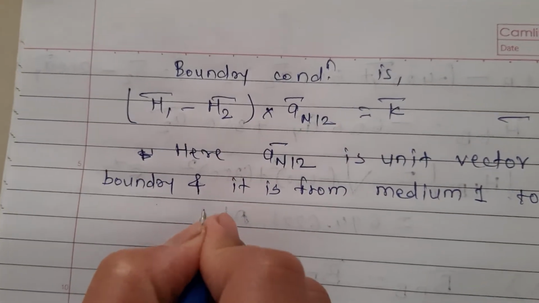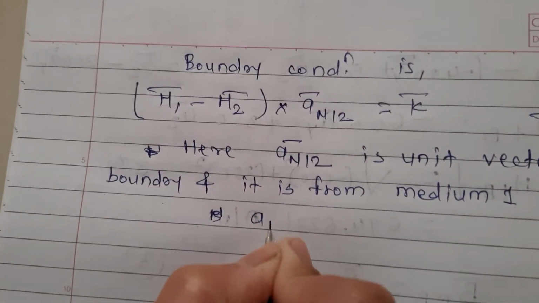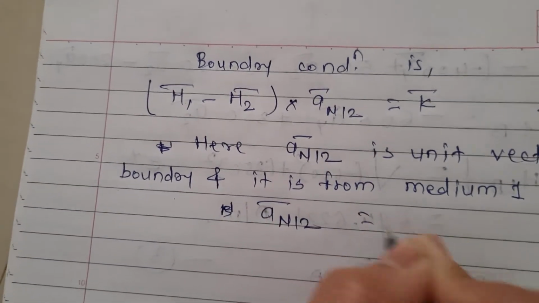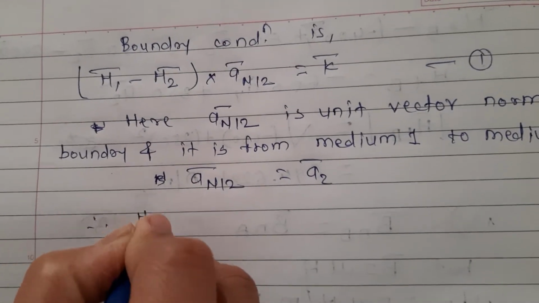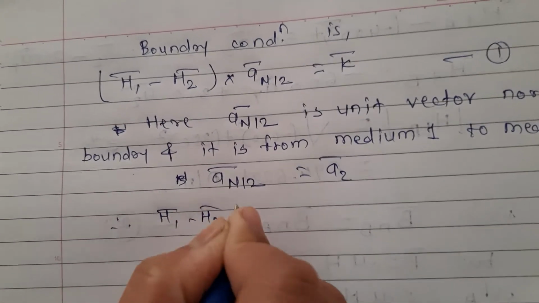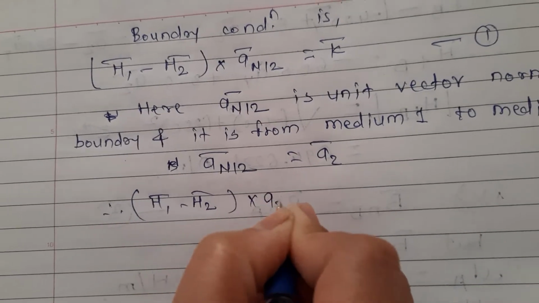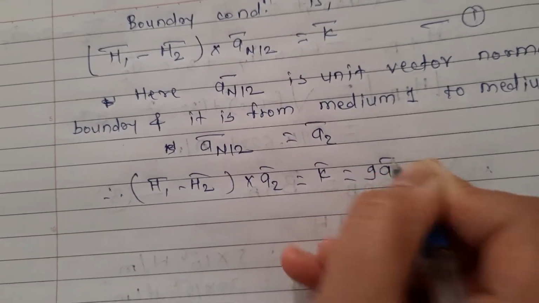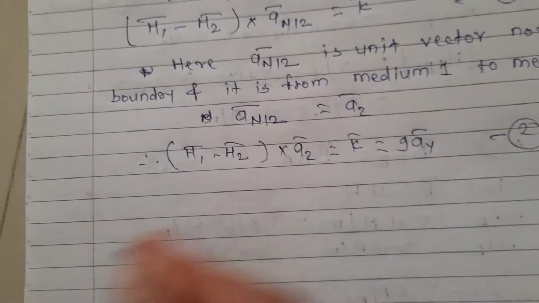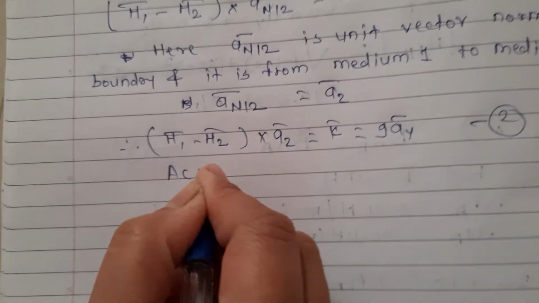So aN12 bar is equal to aZ bar. Therefore (H1 bar minus H2 bar) cross aZ bar is equal to K bar, which is 9 aY. This is equation 2. Now according to the boundary condition,